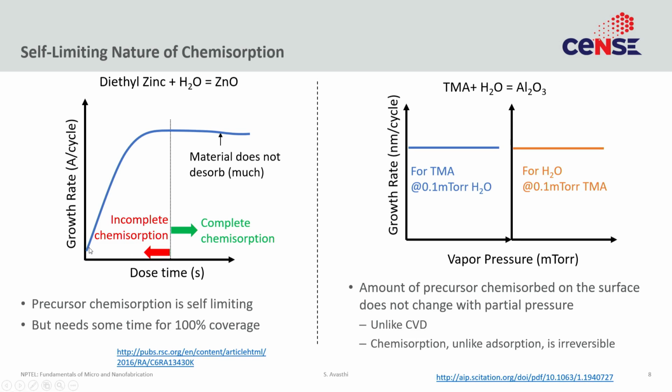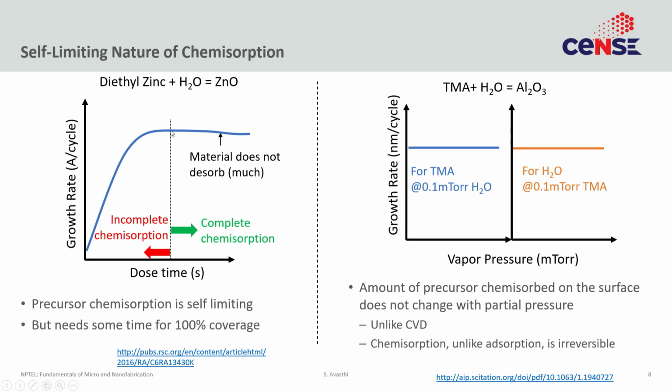So once again you start from 0. As the precursor starts chemisorbing on the surface, you will see larger and larger growth rate because you are adsorbing more and more of the material on top, and at some point you get to the self-limiting case where giving it more time would not add any more precursor. Till that point you are in the incomplete chemisorption phase. So you must give it this much amount of time, otherwise you have suboptimal growth.